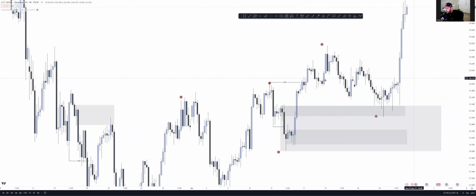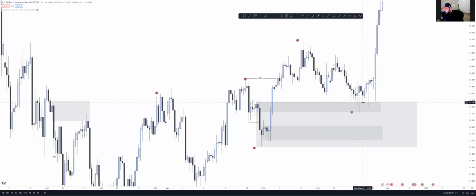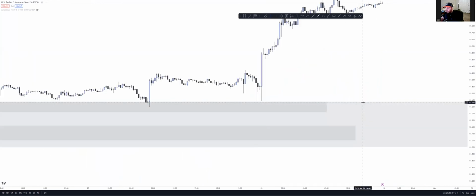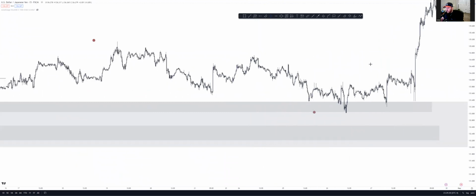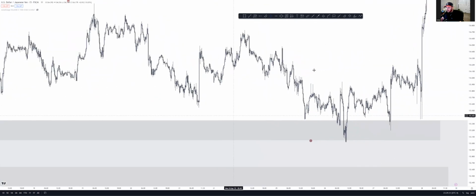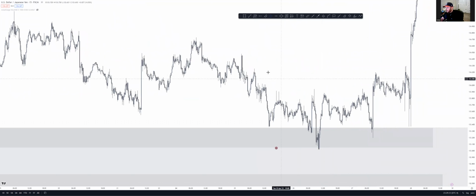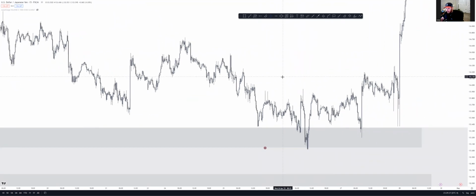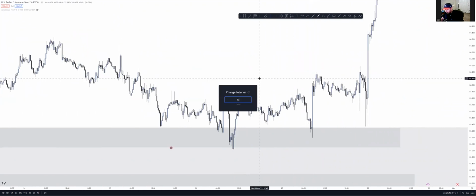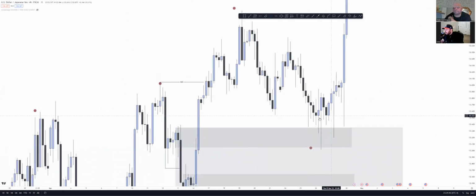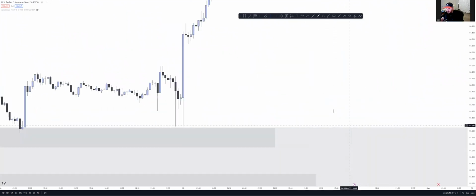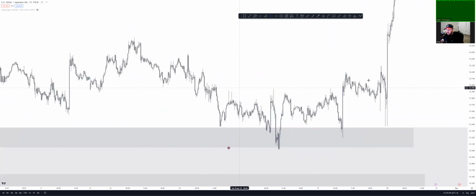As long as you still wait for price to come into this area and mitigate it. If we were to mark out that whole zone, we just wait for price to come in and mitigate that zone. In the lower time frames, all we saw on the 4H was a bunch of wicks, so this one we can't really tell. But if we go into the 15-minute, now we can see price